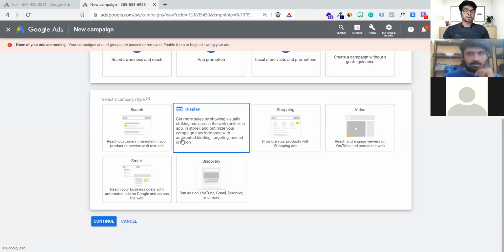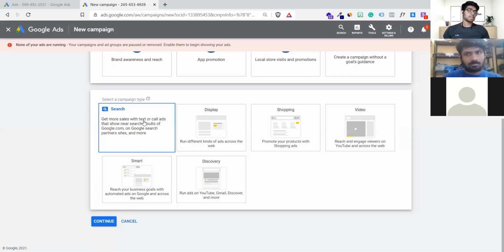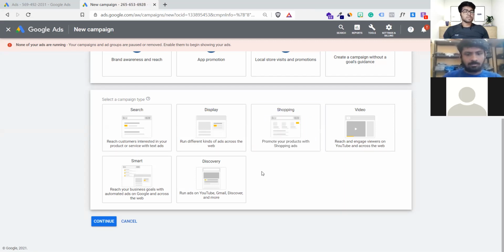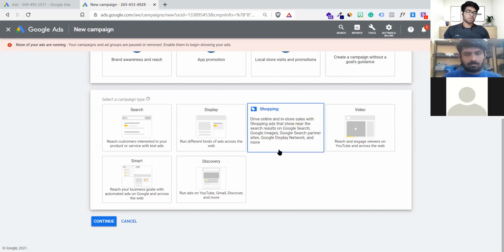But when we talk about search, you are pushing your website URL on search queries. So you don't need anything. You just have to do some research and create a search campaign. You're good to go. You could have chosen shopping ads as well, but to create a shopping ad, you need a Google Merchant Center and set up all your e-commerce products there, with the pricing, with the SKUs, with a lot of things which I want to tell you about furthermore, like how to create shopping ads with the help of Merchant Center. It's a different process.